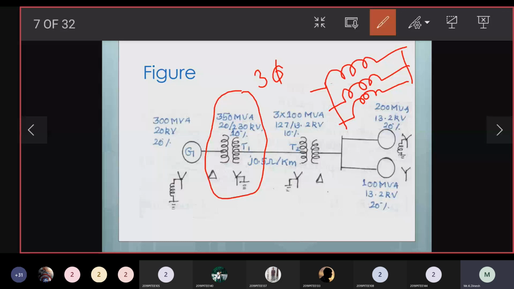So primary is star connected, secondary is delta connected. So we have to multiply 127 with √3 for your rating. For a 3-phase transformer, you need not calculate all the star, delta, everything. But in case a single phase transformer is given, we have to consider the star connection, multiplying with √3. So √3 into 127. So T1 is a 3-phase transformer and T2 is 3 single phase transformers as a